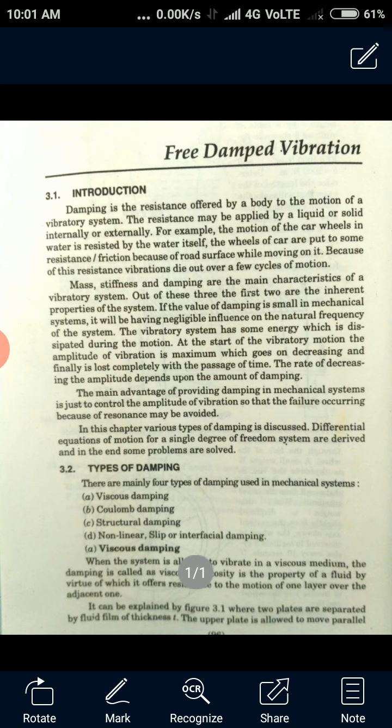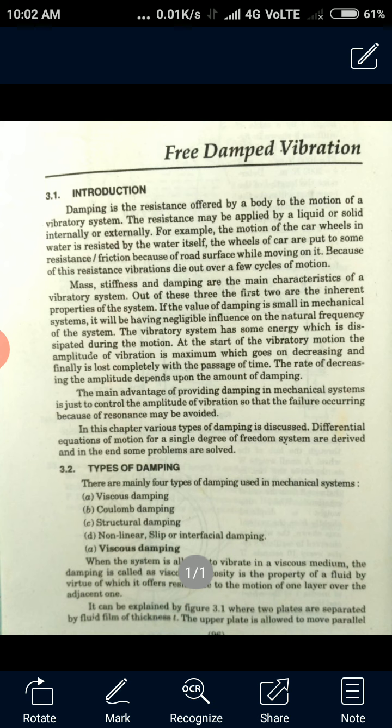What we can observe here: when you bring a motor for the sump to lift the water, or whatever new machine you have brought, you always observe that the vibrations are very negligible at the beginning, when it is very new. But as time goes, after 6 months or 1 year, the vibrations are more. That is again due to poor maintenance or wear and tear. So that is one part.